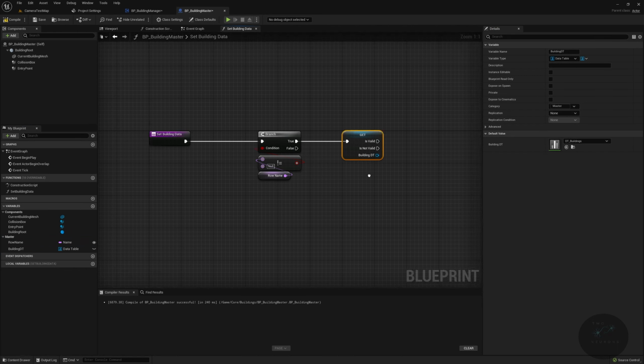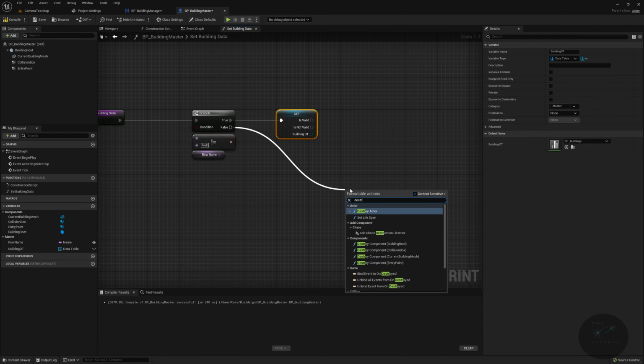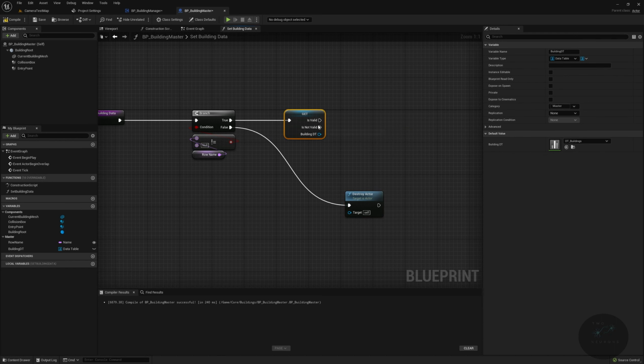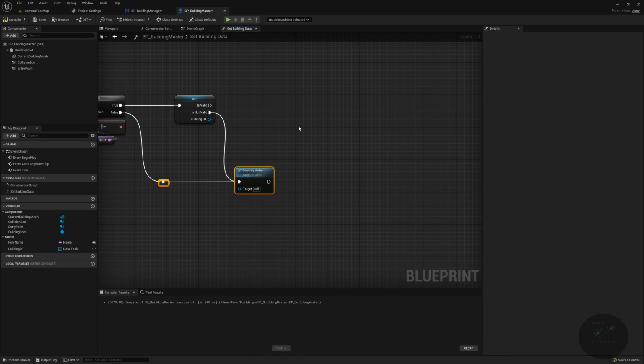And what we're going to do, if neither of these are valid, we are going to destroy the actor. And we're going to pin the non-valid into there as well. Put a reroute in just so it lines up a bit neater. There we go. If it is valid, what we are going to do is that we are then, actually we're